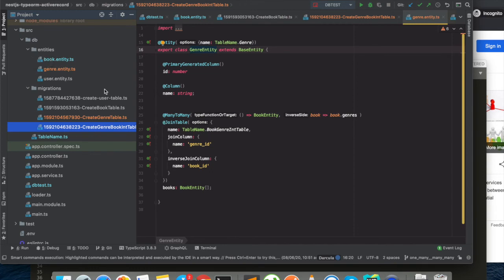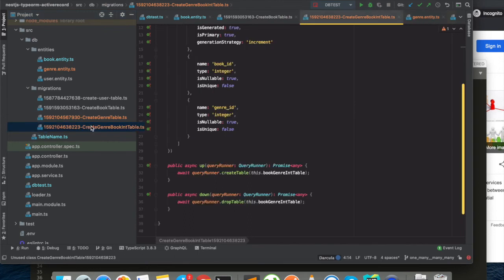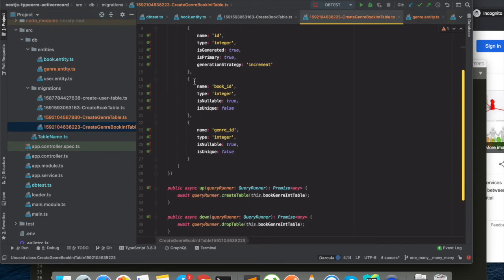So let's say your book can have multiple genres, right? But one of the genres would be its primary genre. So in that case, we need to add one more field in this table, which would be like book ID, genre ID, and a boolean field maybe, which would show that this is the primary or the main genre of this book.